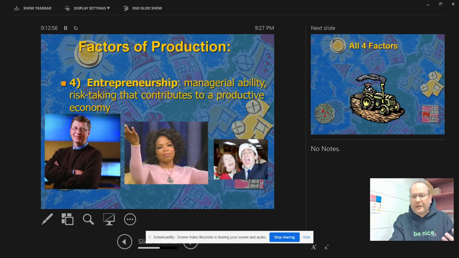And the fourth factor of production is entrepreneurship. We got to have people with managerial ability that can manage a business and that are willing to take a risk of opening up a business and starting a business. So go back to me being a farmer, I'm the entrepreneur, right? I've taken a risk of buying land, buying all this equipment so I can produce corn and beans. We got to have entrepreneurs starting businesses to keep our economy pumping.